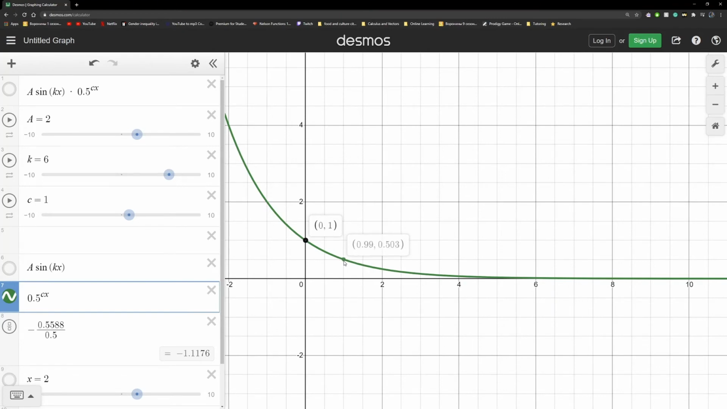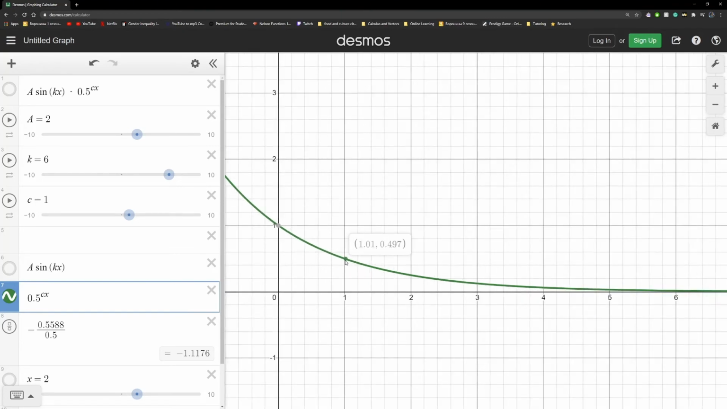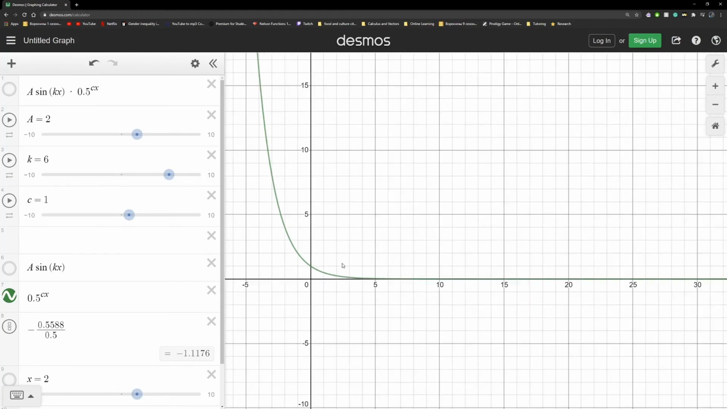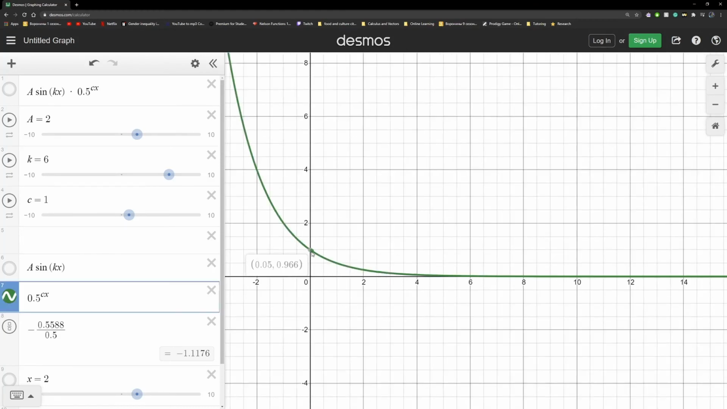It's very difficult to get it exact, but yeah, this should be 0.5. Or rather, there you go. So yeah, again, we know how to graph this kind of function. And as you can see, the range is that it has to be greater than 0. Combining the two